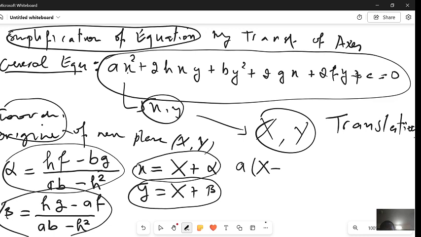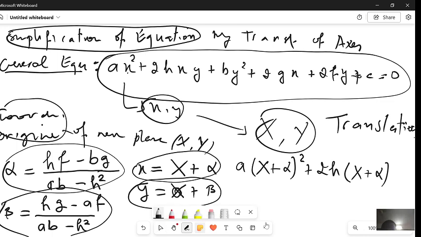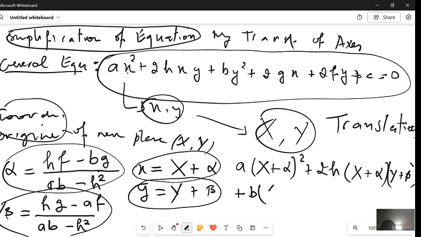Capital X plus alpha, squared, plus 2h, x equals capital X plus alpha, y equals capital Y plus beta, plus b y square, where y is capital Y plus beta, squared, plus 2g x,